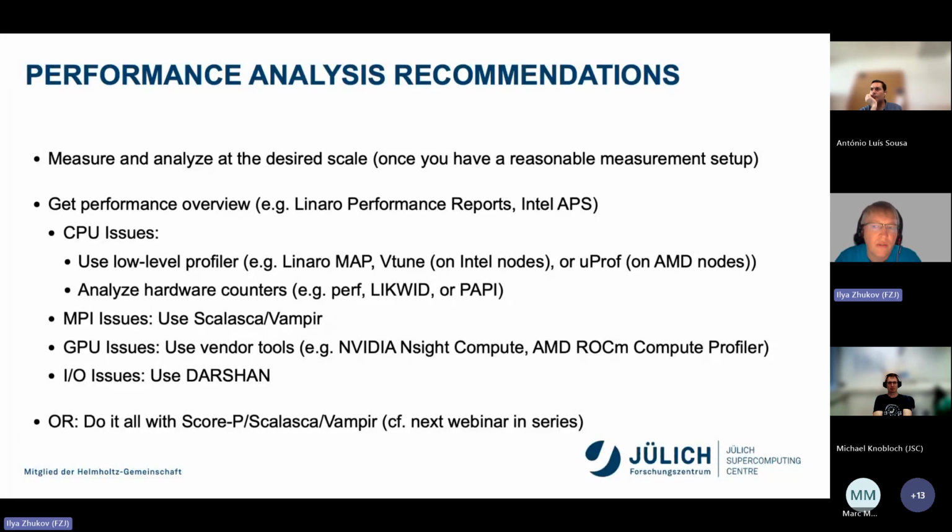But of course, we have some recommendations for you, what can be used and what, from our point of view, is useful, and what we mostly use daily for performance analysis. So first, we would recommend to measure and analyze at the desired scale. So don't start with a tiny example. Prepare what is representative for your production run.